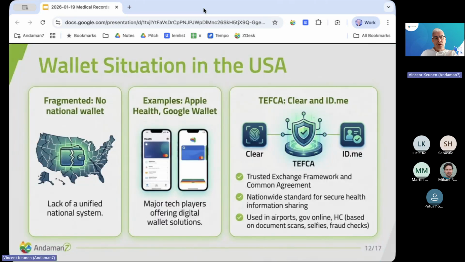Voilà. So very quickly, let's compare the situation in the US, because the US has progressed a lot in the past 5 to 10 years, and in Europe we are a bit lagging behind, to be honest. So what we are trying to do with EHGS, the US has already done a lot of that